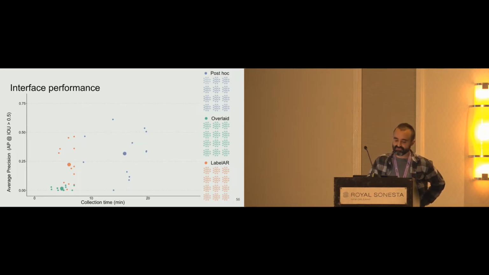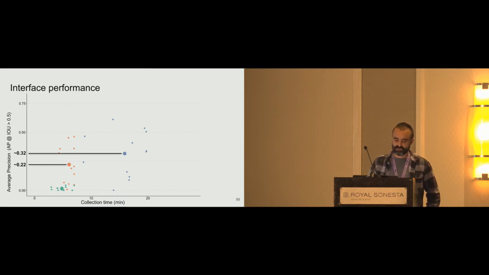If we consider a roughly linear relationship between the overlaid and Posthoc interfaces, we could see the LabelAR mean is on the desirable side of this line. In other words, it's a bit more accurate and faster than we had hoped. So Posthoc has a mean average precision of 0.32, while LabelAR has 0.22. However, statistically, this ends up not constituting a significant difference due to large uncertainties in the